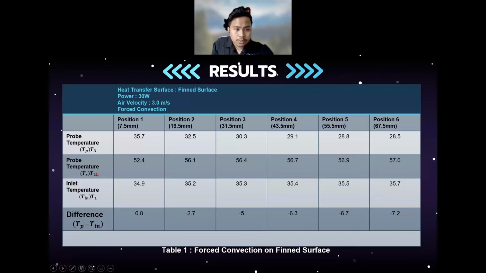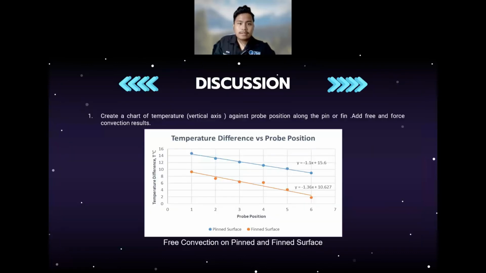Probe temperature T2, the highest is 57.0 at position 6. And next is inlet temperature T1, the highest is 35.7 at position 6 too. And for the difference temperature, Tp minus Tin, the highest is 0.8. And for discussion, the first question is create a chart of temperature, vertical axis, against probe position along the pin